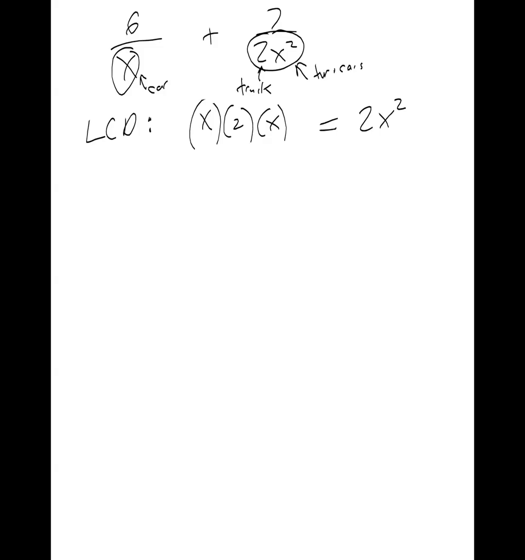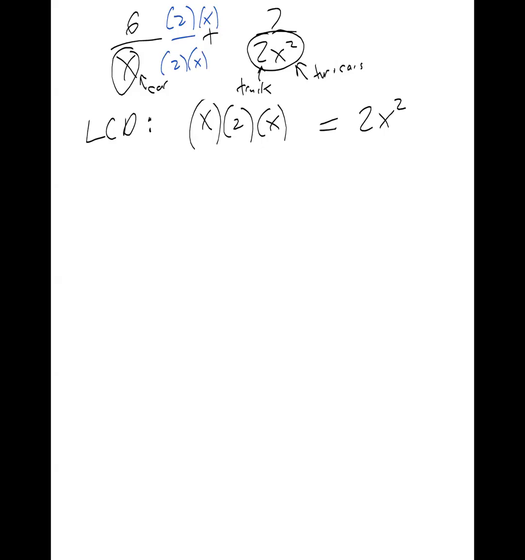Right. Now, in order to get a common denominator, you have to basically make the neighbor who has less buy more things. So the neighbor that only has 1 car needs to get a couple other things. They need to get a truck, which is a 2. So I'm going to add, now what you add to the bottom, you have to add to the top, right? Because somebody has to pay for it, right? So if you get a truck in your denominator, then the person up on top has to pay for it by adding a 2 to the top as well. And then you also have to get one more